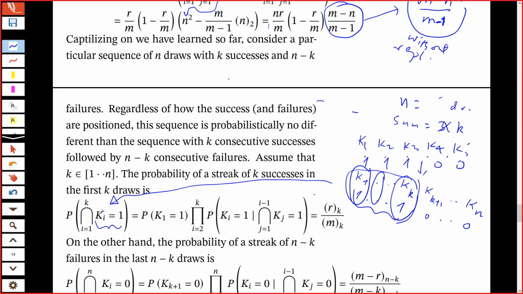So I am just taking, this is K1 is equal to 1, K2 is equal to 1, all the way up to Kk is equal to 1. I'm just taking that intersection. This tells me the probability of a streak of K successes in the first K draws. ये समझ आ गई बात।